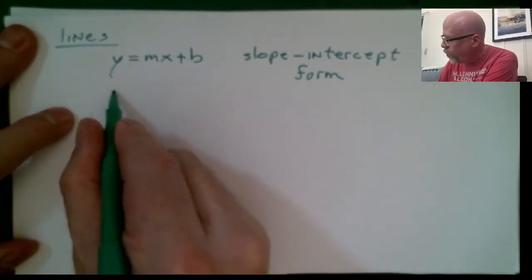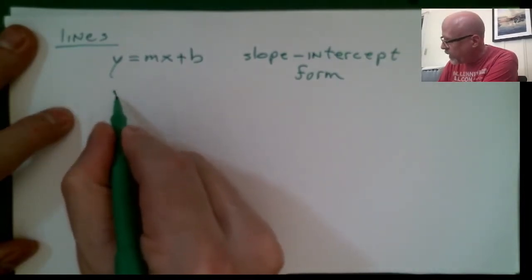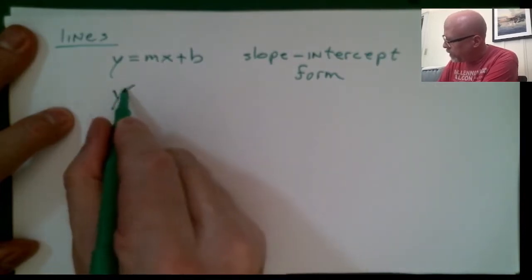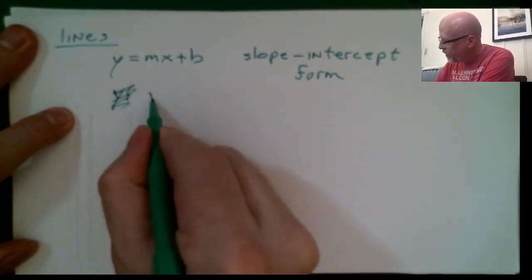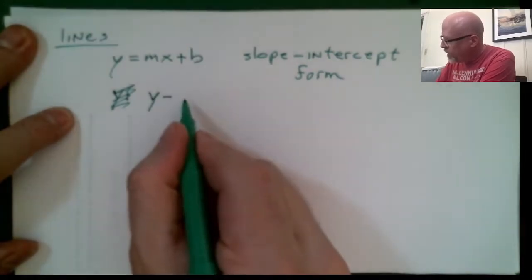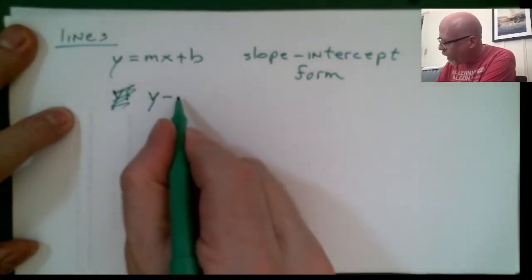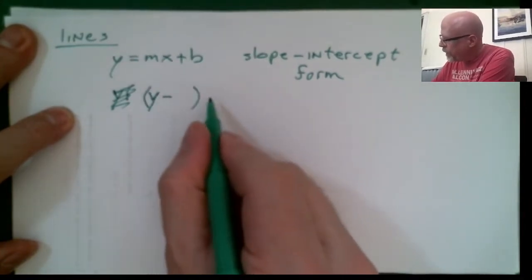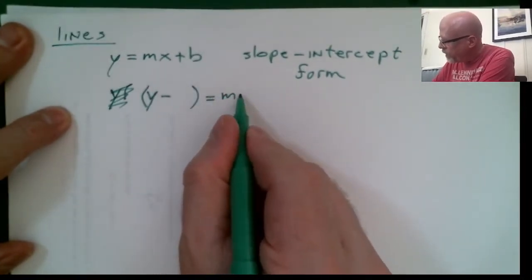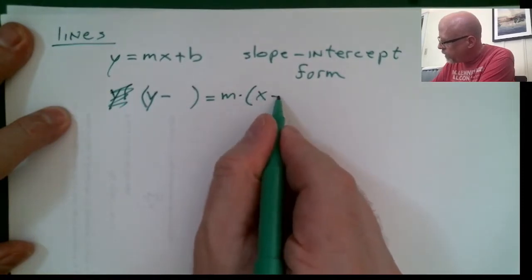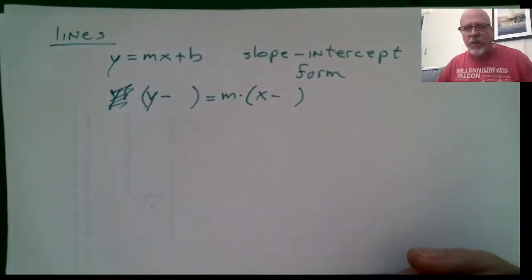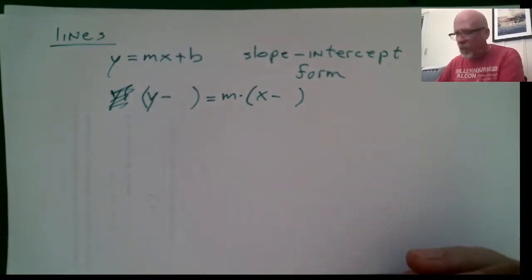There's one that I really like a lot, which looks like this. Okay, that was a weird squiggle I made. It looks like this: y minus a y value, now, okay, we'll come back to that, equals m times x minus an x value. I've got to put in numbers that are an arbitrary x value and an arbitrary y value